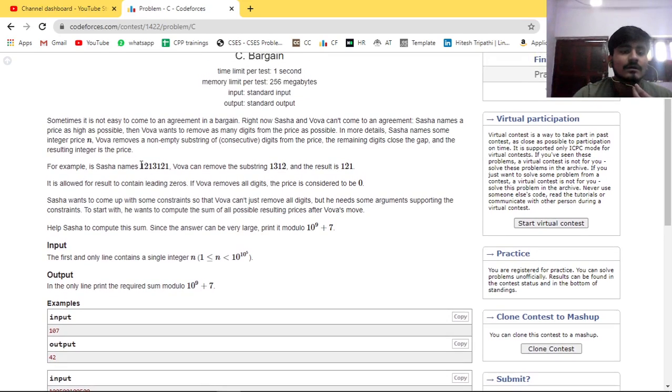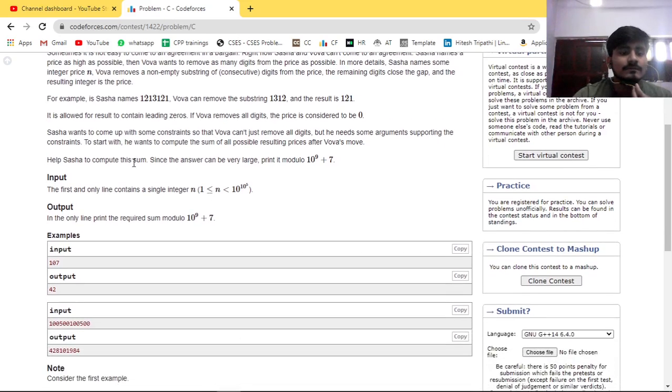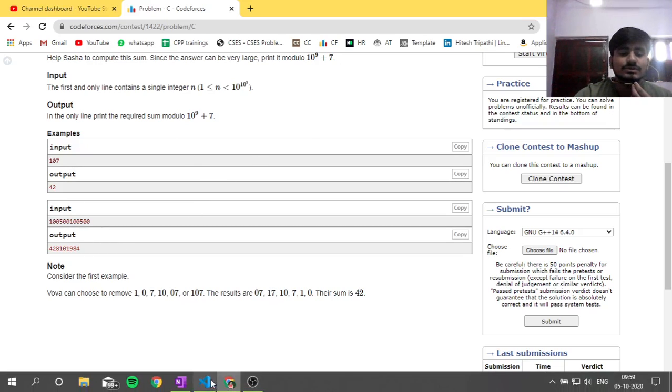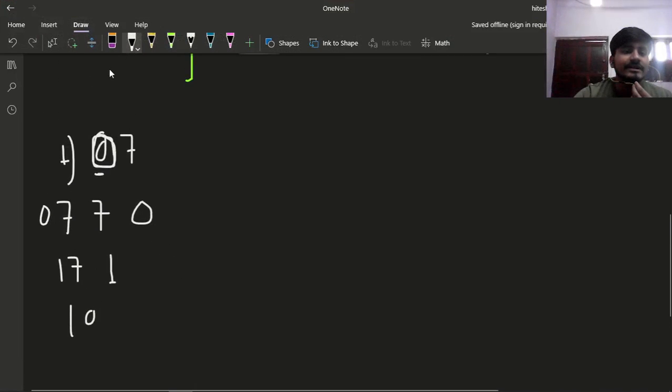In one operation Vova can remove any substring of this number n, and the number which remains after Vova's move will be some different number. So we have to count the sum of all possible resulting prices after Vova's move. This is our question, and obviously the answer will be very large, so we have to print its modulo. Now these are two test cases. So in this question what we can do is,